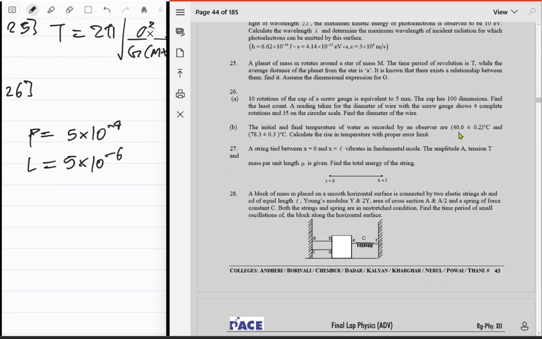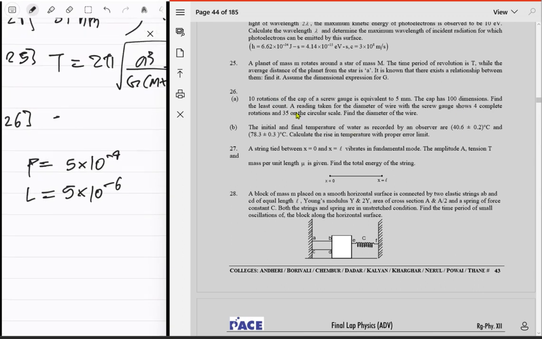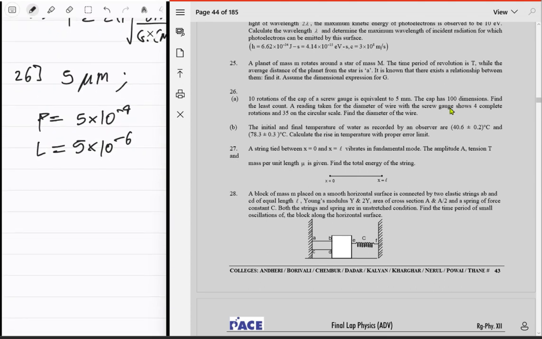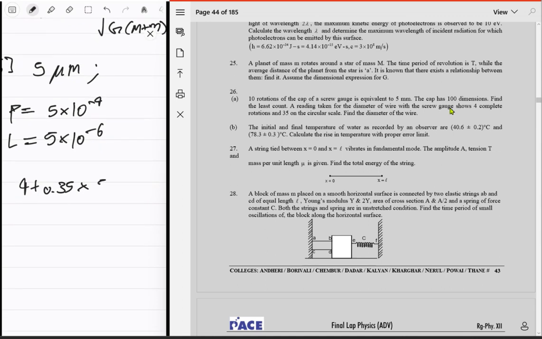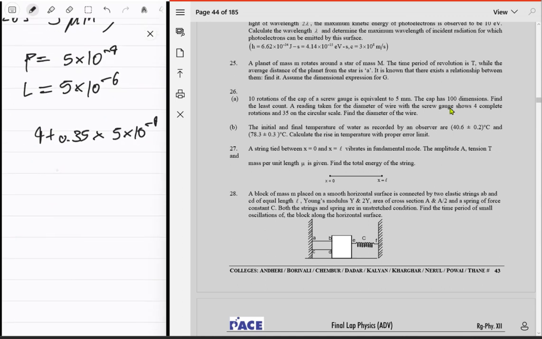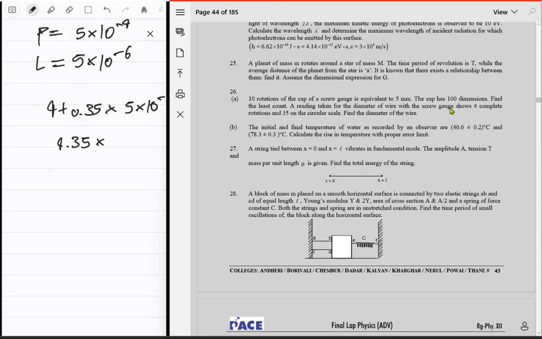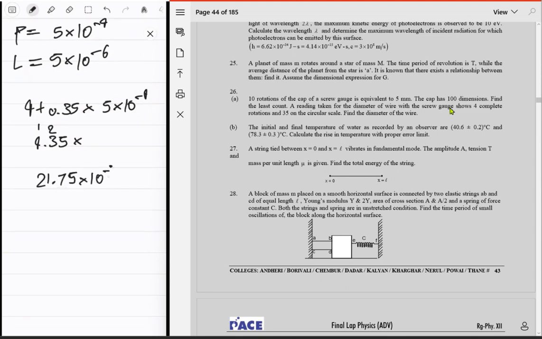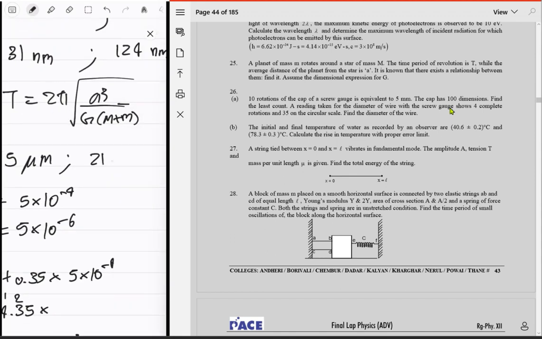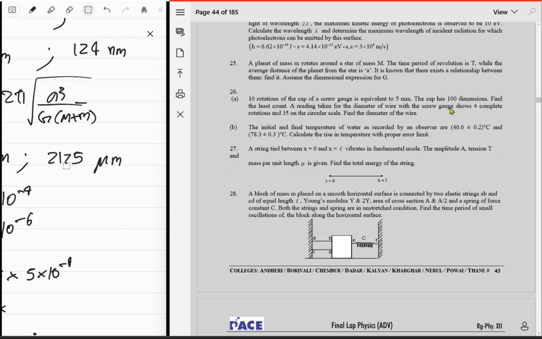इसलिए उसको माइक्रोमीटर स्क्रू गेज बोल दो, माइक्रोमीटर्स। एनीवे, फाइंड द लीस्ट काउंट, so least count is that 5 micrometers। और क्या है, रीडिंग टेकन फ्रॉम द डायमीटर ऑफ द वायर, the screw gauge shows 4 complete rotations, so 4 pitch plus 35 on circular scale, ठीक है ना, 35 least count, yeah, find the diameter of the wire, no big deal। So 4.35 times 5 times 10 power negative 4, right, something like that. ठीक है, करो उसको, 21.75 times 10 power negative 4, or you can just say 2175 micrometers, or like 2.175 millimeters, I think जो भी है।